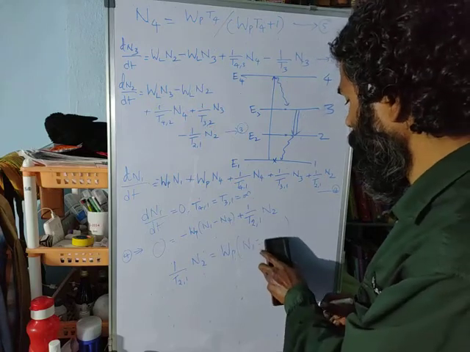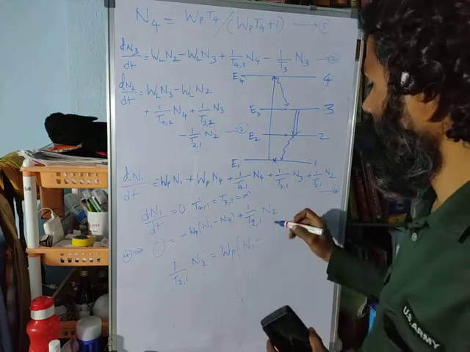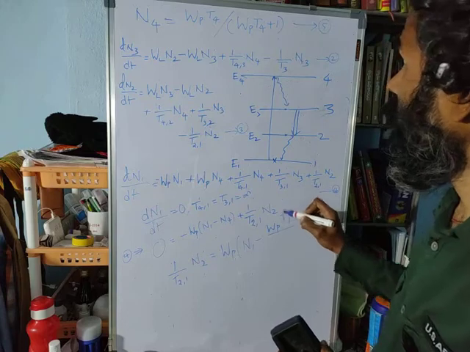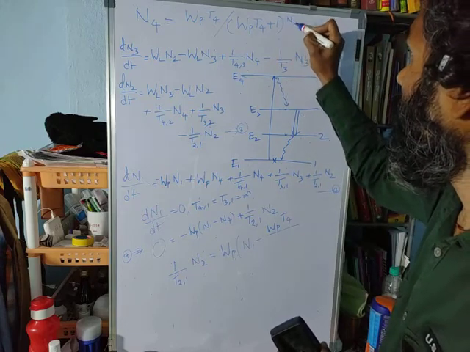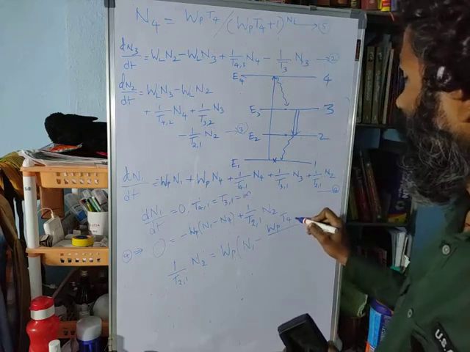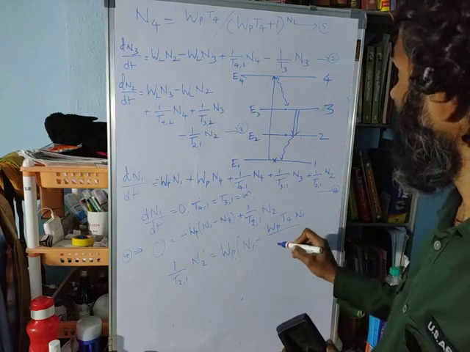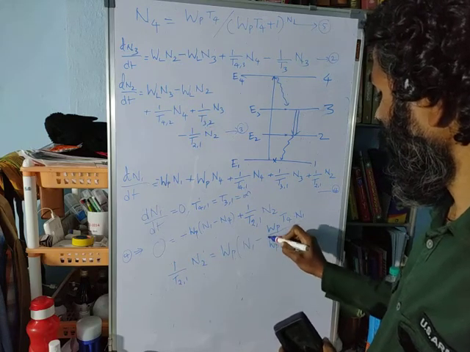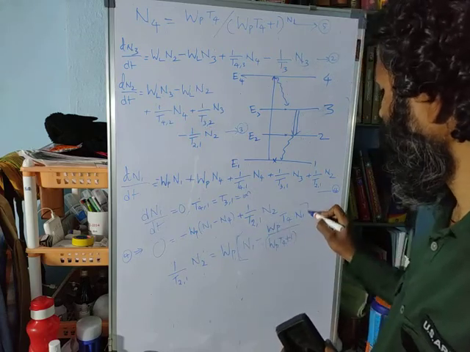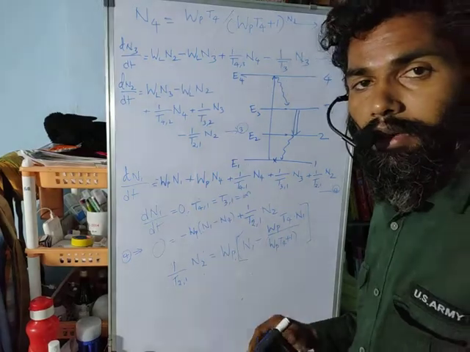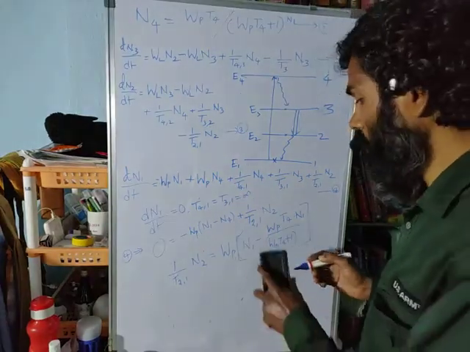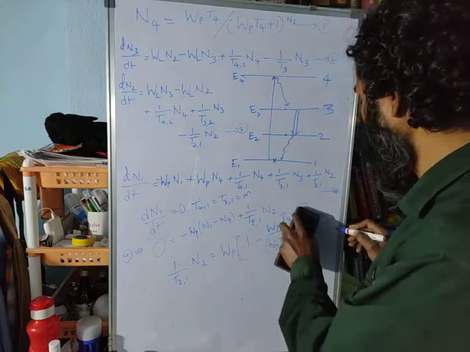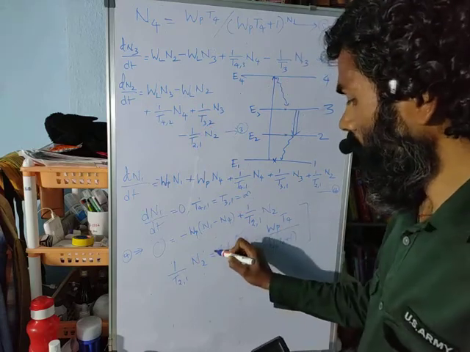So if you write all the things from equation number 5, then we get WP into T4 divided by, of course I forgot to write here that here we'll be having N1. So WP into T4 into N1 divided by WP into T4 plus 1, and now I can use a slightly different bracket like this, and I can even take N1 as a common factor out because it is there in both first and second terms. So if we do so, we can write 1 here, and outside we can write N1